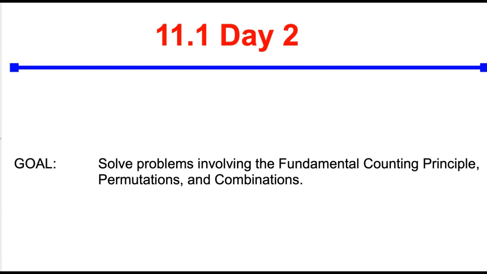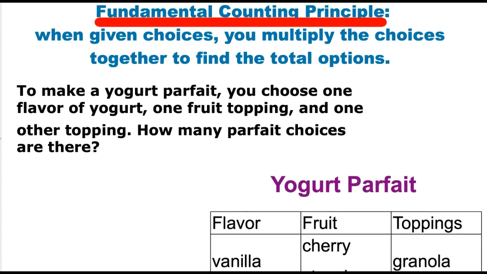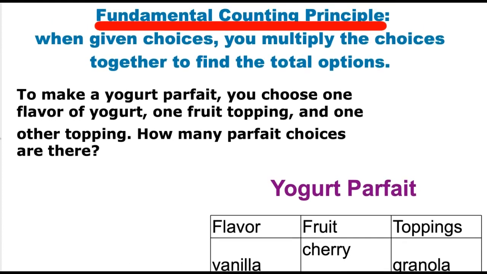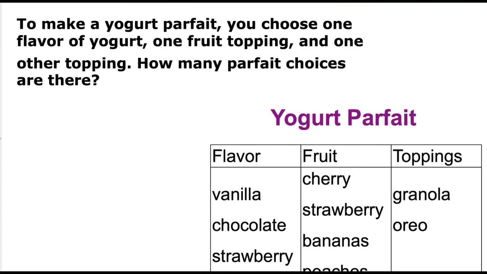So we're going to talk about day 2 of 11.1. We've been working permutations and combinations here, and we are going to get into it. We have a fundamental counting principle today, so a little add-in. With the fundamental counting principle, you might be given a situation where you have to tally up the number of choices or options or combinations of something, and you're given several choices, like this yogurt